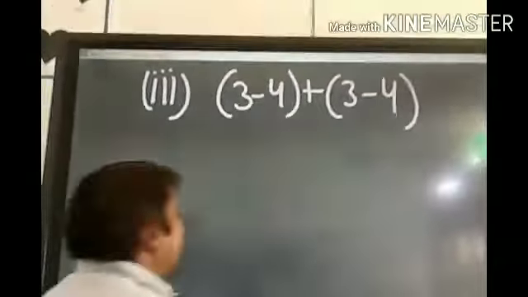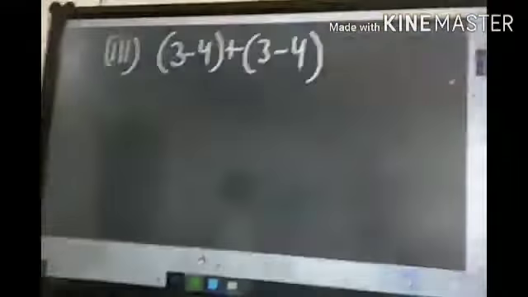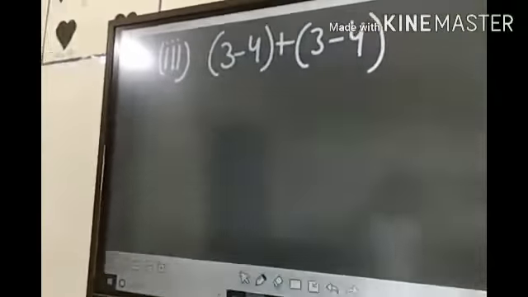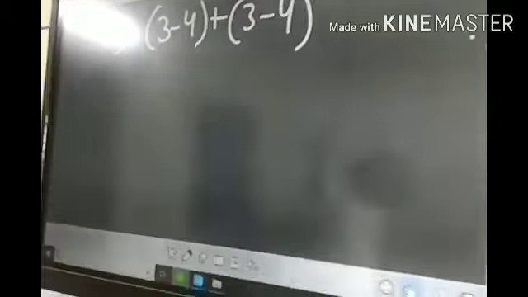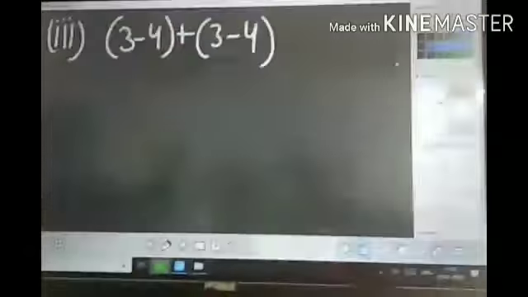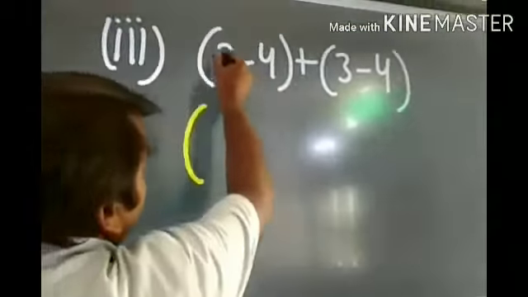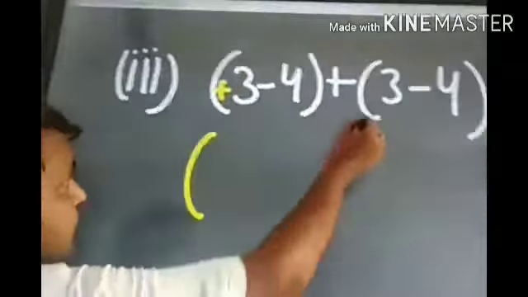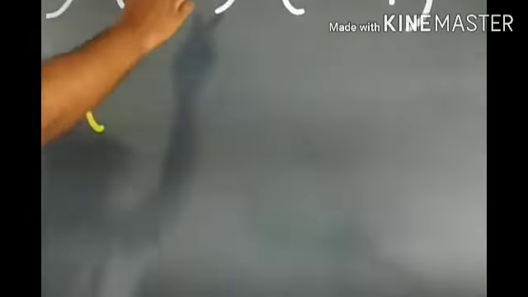Now, we are on the third part. Here, two brackets are given. Firstly, as per the BODMAS rule, we solve the brackets. In the first bracket and in the second bracket, you are viewing that the same type of integers are written. They are the same. 3 minus 4. This is plus 3. This is also plus 3. Now this is positive and this is negative. Therefore, which operation will be there? Subtraction. I will subtract 4 and 3, that is 1.